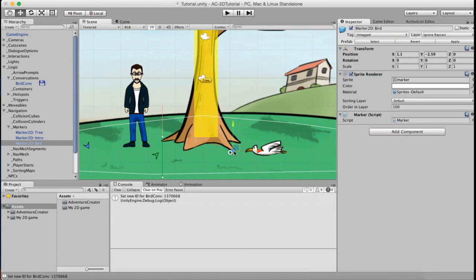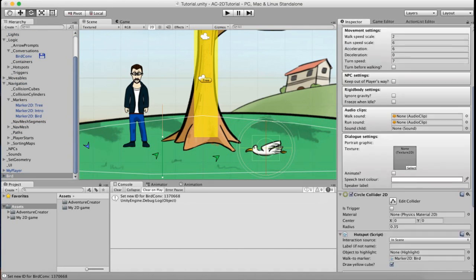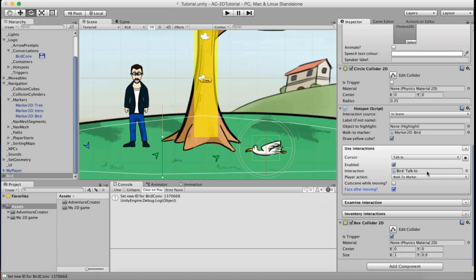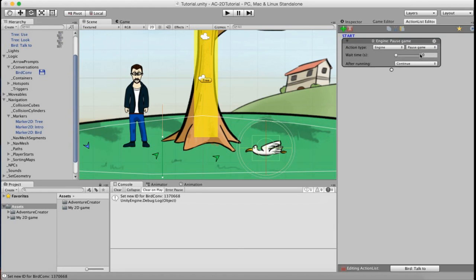I'll position the walk to marker just to the left of the bird, because the bird's always going to be facing that way, and I'll rotate it a little to the right. Go back to the bird hotspot. I'm going to leave cutscene while moving unchecked, but face after moving, I'm going to check. Then in the interaction field, I'm going to create a new interaction called bird talk to, and viewing its node editor,